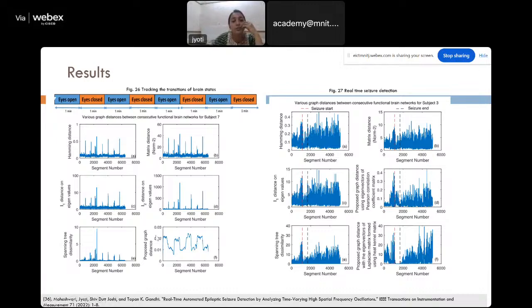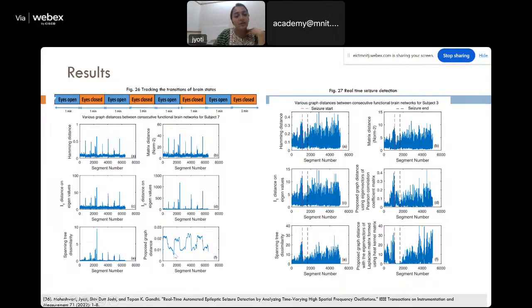This is the result, and the last one is our proposed approach. We did the same thing: divided the data into frames, found the subband CRV, and found the distance. So we claim that just finding the subband CRV and the Euclidean distance between them will tell how similar those two brain networks are. Instead of that, if we use existing distances, we will not be able to capture the transitions very carefully. So this was the experiment, eyes open, eyes closed, the first experiment which we have already discussed,